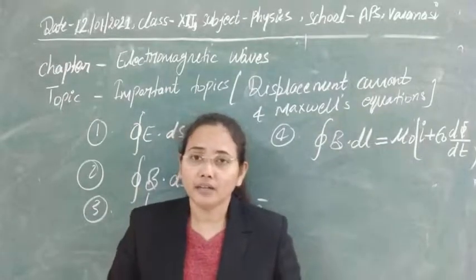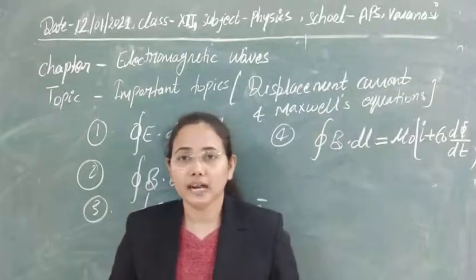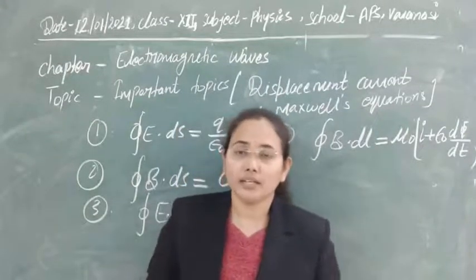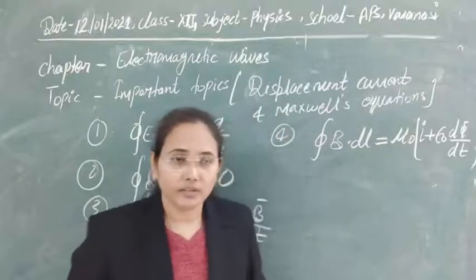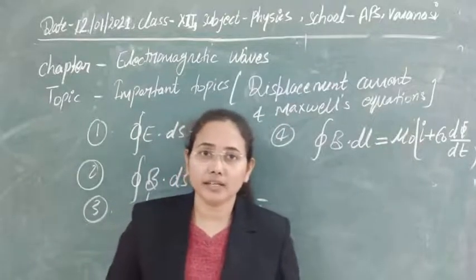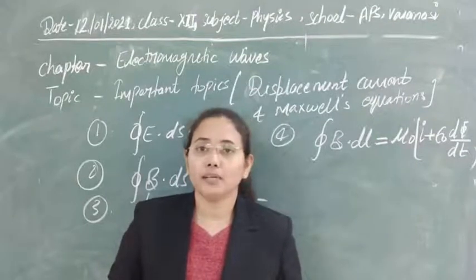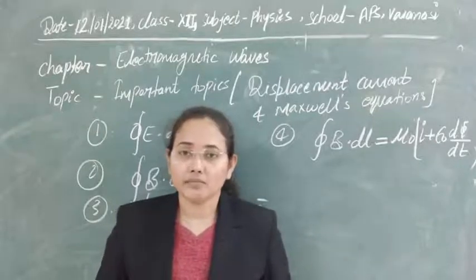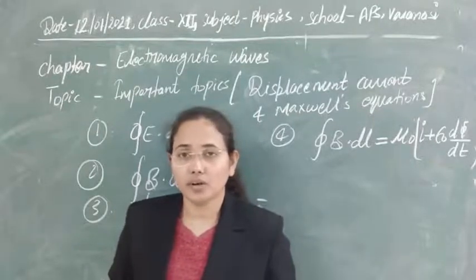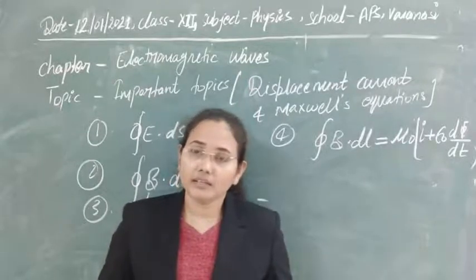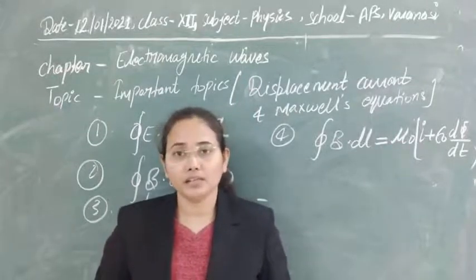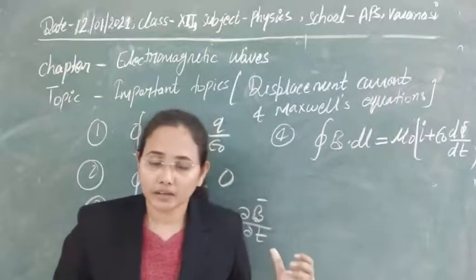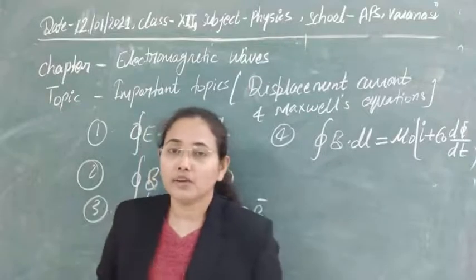Next, the oscillations of the electric and magnetic fields are always perpendicular to each other, and also perpendicular to the direction of propagation. When particles oscillate perpendicular to the direction of propagation, the nature is called transverse. So electromagnetic waves always possess transverse nature. The electric field, magnetic field and direction of propagation are mutually perpendicular to each other.